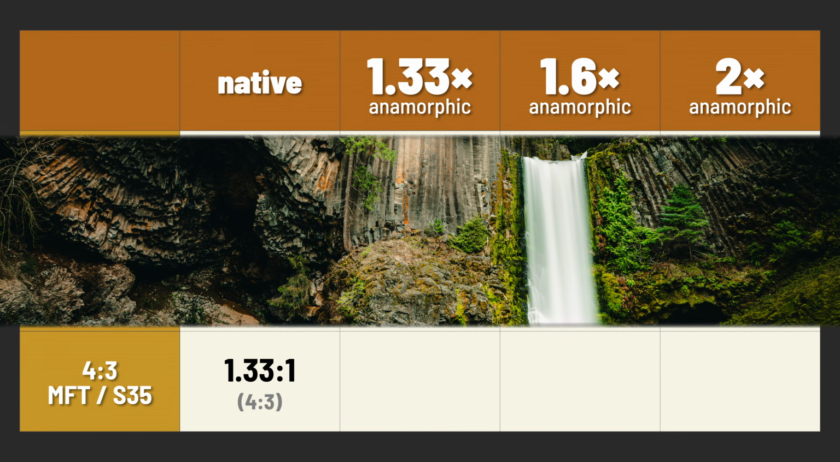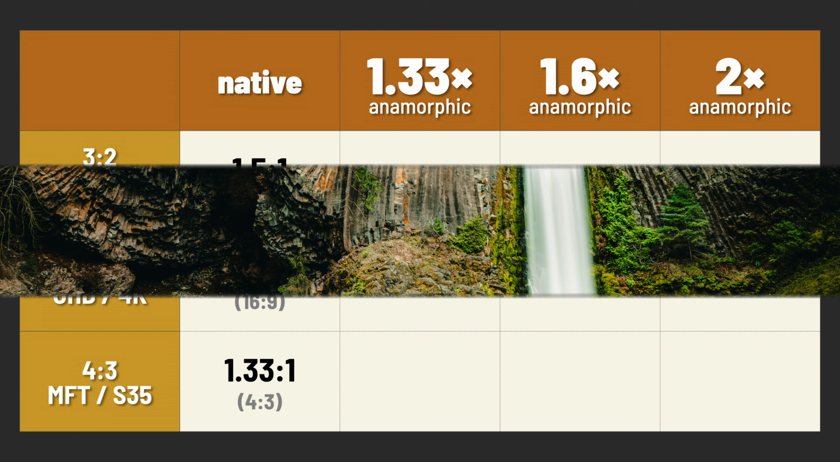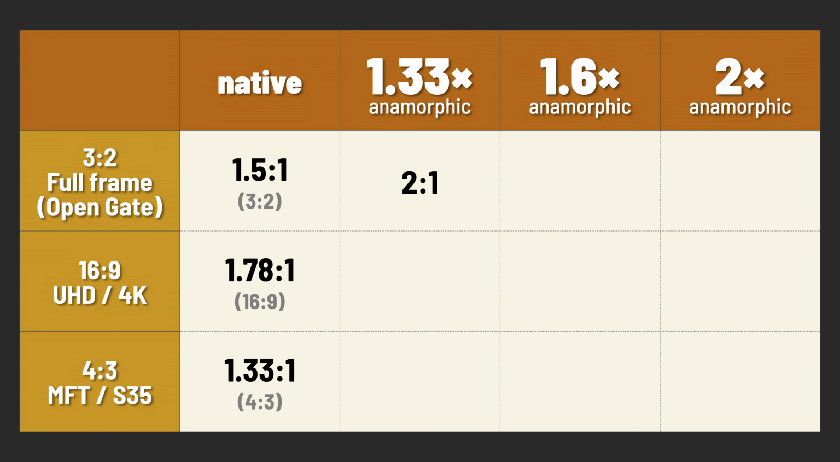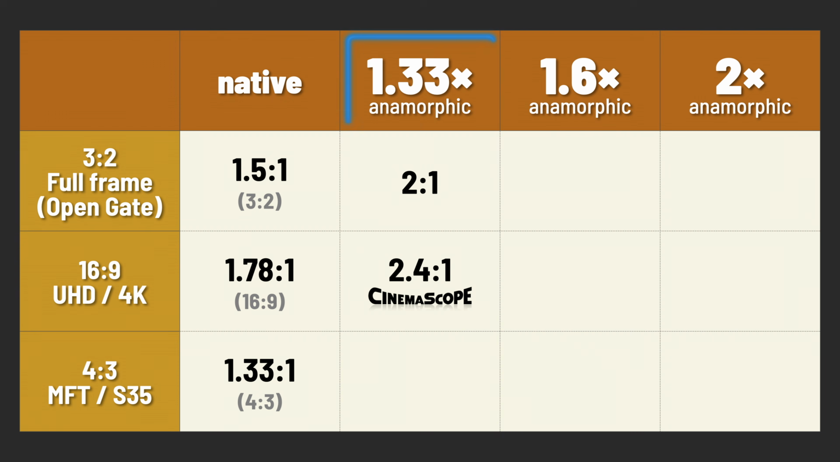A 1.33x anamorphic desqueeze will stretch a full frame 3:2 aspect ratio image to 2:1, which is already wider than 16:9, but not quite as wide as CinemaScope. That native 16:9 image, though, once stretched 1.33x, becomes a 2.4:1 aspect ratio. That's CinemaScope. So if you're shooting with a 1.33x squeeze lens, choosing a 16:9 recording format will give you CinemaScope